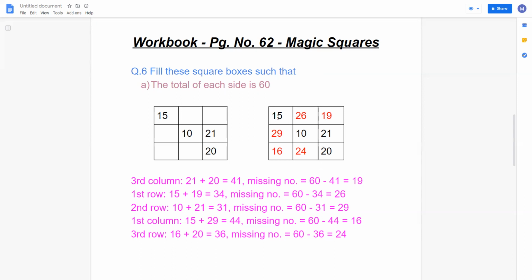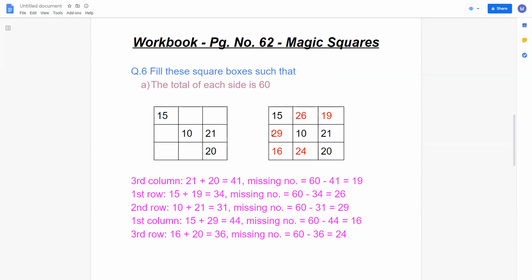Now if you take the first row, the first number is known and 19 also we got, only the middle number is missing. So that also we can find the same way. 15 and 19, add those two numbers and subtract from 60. So for the first row I have shown the calculation. This calculation is not necessary to show in the exam. Roughly also you can calculate and write. I have written all the steps so that you can understand the way it is getting. So first row, the 2 numbers which we know, 15 plus 19 equals 34. So the missing number equals 60 minus 34 equals 26. So first row middle column is 26. So the first row is fully filled, and the third column is also fully filled.